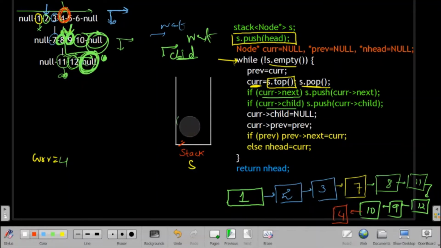Again I will remove the top element and store it in the current node, and I will see if from 5 I have any child node or next node. So we have only 6 here. So we'll insert 6, and I will create one node and insert this current node, that is 5. Again I will pop the 6 node from the stack and I see that again I have reached null. So I will insert nothing here. So again I will create one node and insert 6,